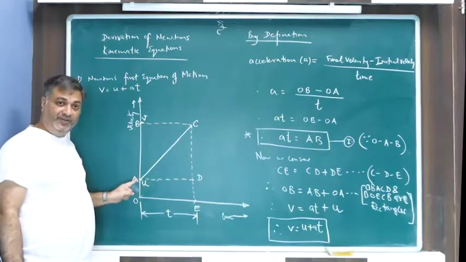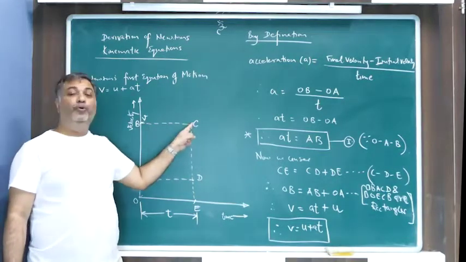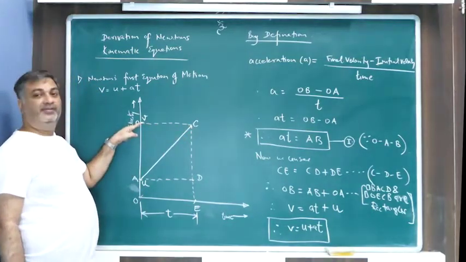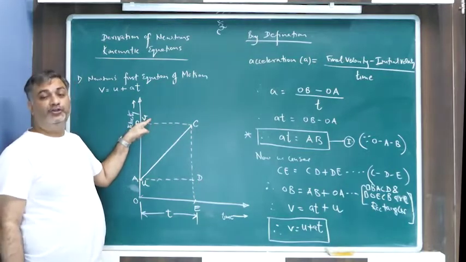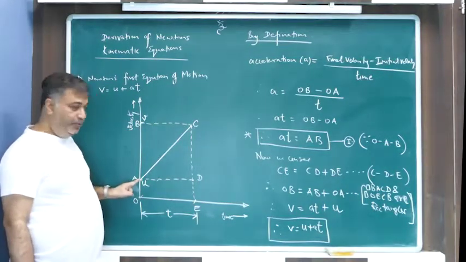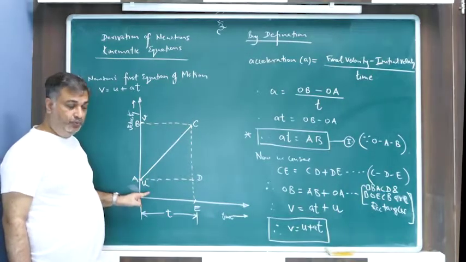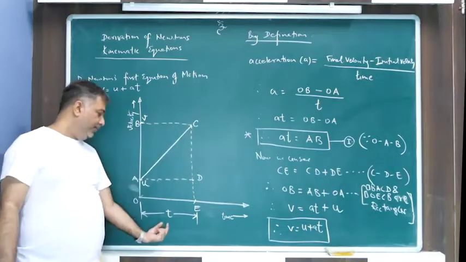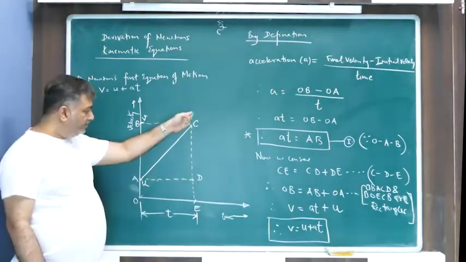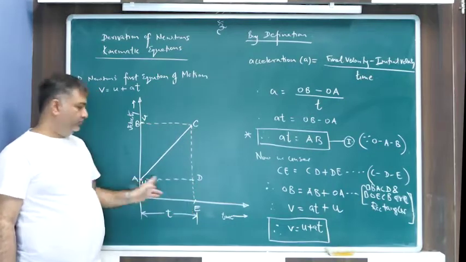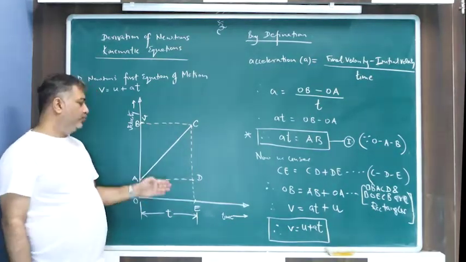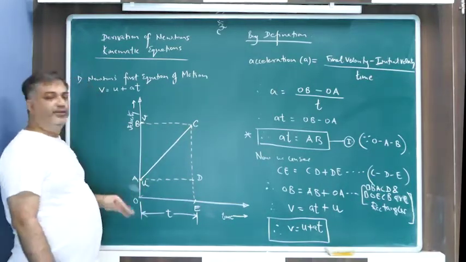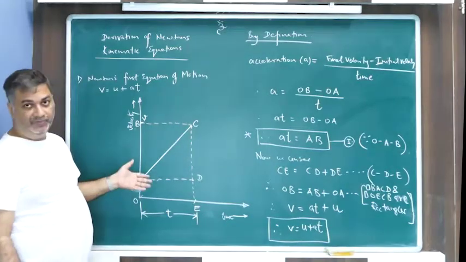You will show a body which is traveling from point A and going to a point C. When it is doing that, when you draw dotted lines here on the y-axis, you get a point B whose value will be final velocity, which is V. The point where it started from, you will call it A, and the initial velocity is U. The time which it took from going from U to V, from A to C, that time is going to be T, right? And then just draw a dotted line below later on, and draw a dotted line here. These two are rectangles. B, C, E, O is a rectangle. B, C, D, A is also a rectangle. Correct? That we can see from the figure itself.